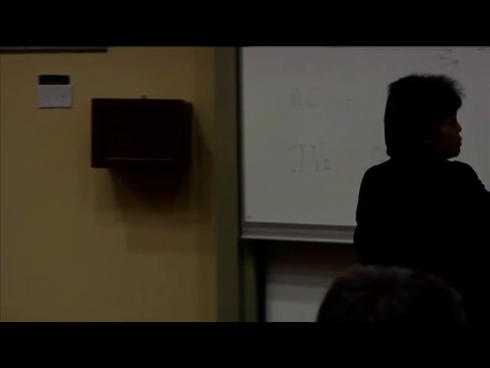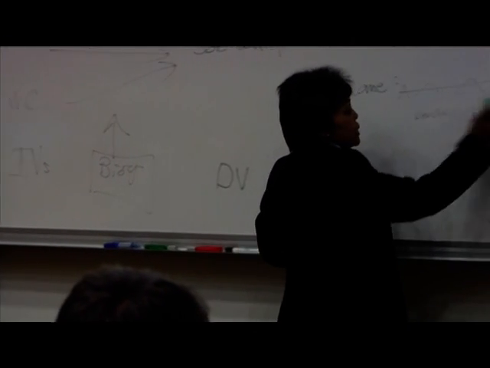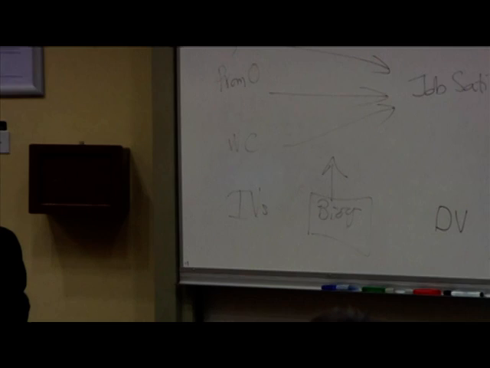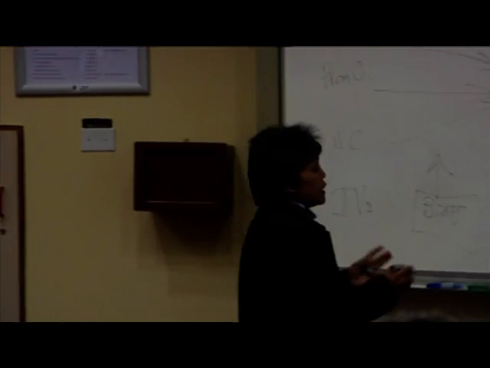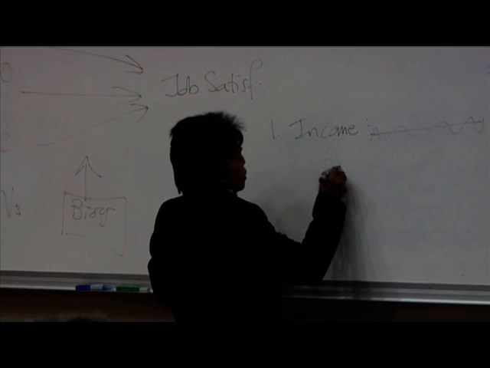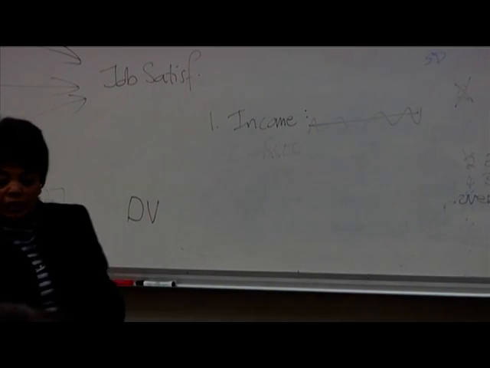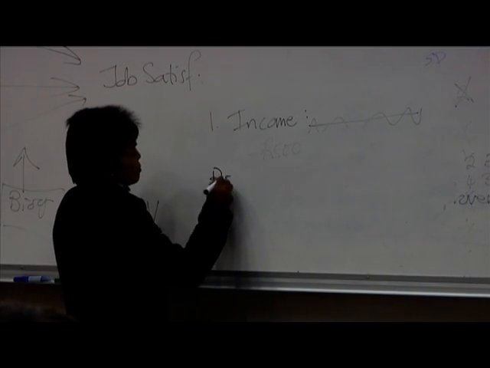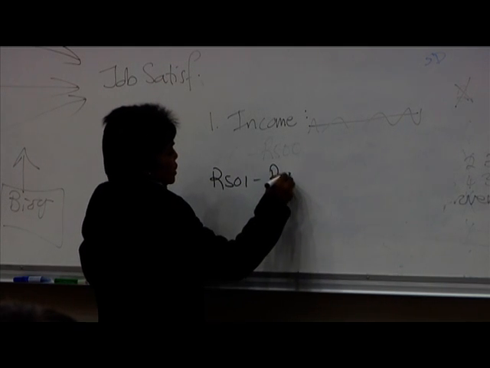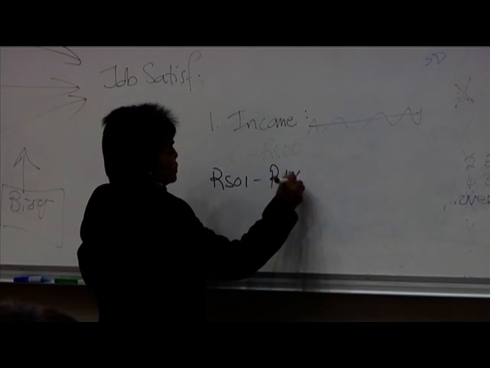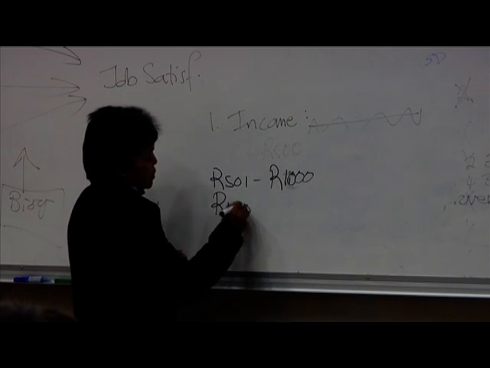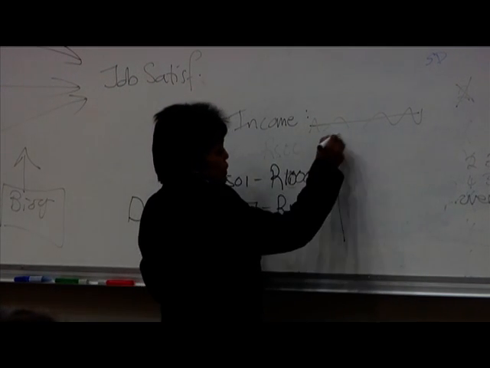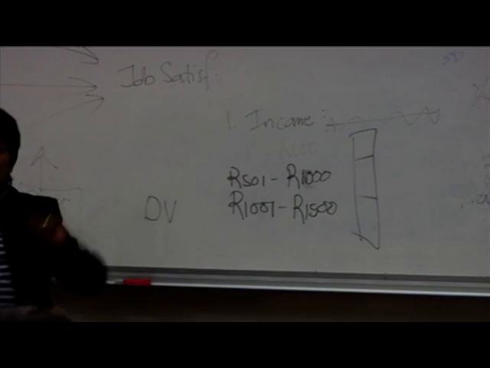If you have to include income, you've got to make sure that the range you create matches your target market. If they are poorer people, you've got to create the range in that way. Maybe 0 to 500 rands, maybe 501 rands to 1,000 rands, 1,001 rands to 1,500, and so forth. Now you can tell that it's appropriate for a BOP consumer.